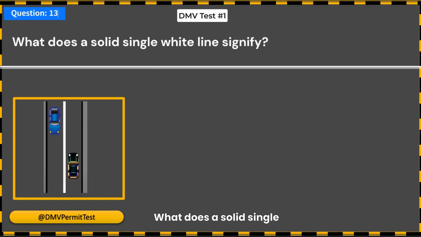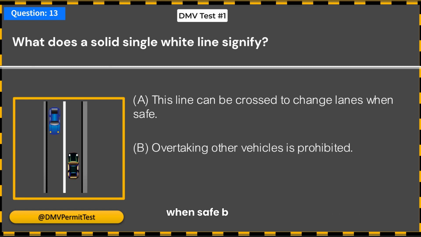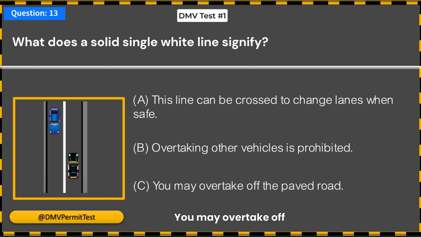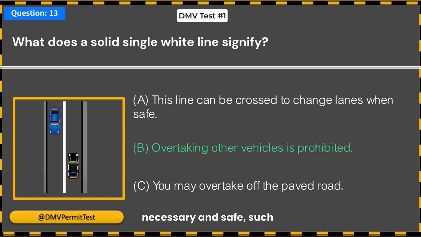What does a solid single white line signify? A. This line can be crossed to change lanes when safe. B. Overtaking other vehicles is prohibited. C. You may overtake off the paved road. Answer, B. Overtaking other vehicles is prohibited. A solid single white line on the road in the United States typically signifies that changes in lanes are discouraged or prohibited. This means you should not cross this line unless absolutely necessary and safe, such as to avoid an